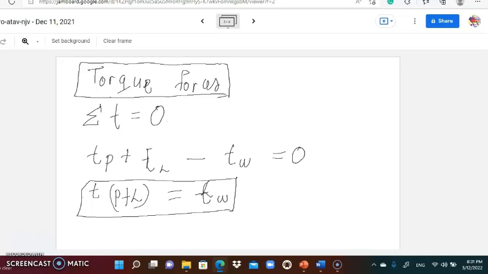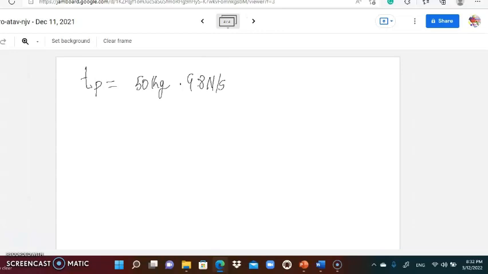such that the torques that cause the ladder to move in an anti-clockwise direction, the torque of the person and the ladder, are equal to the torque that is being exerted by the wall. Now, the torque of the person, again, is going to be that moment force that is acting perpendicular to my lever,